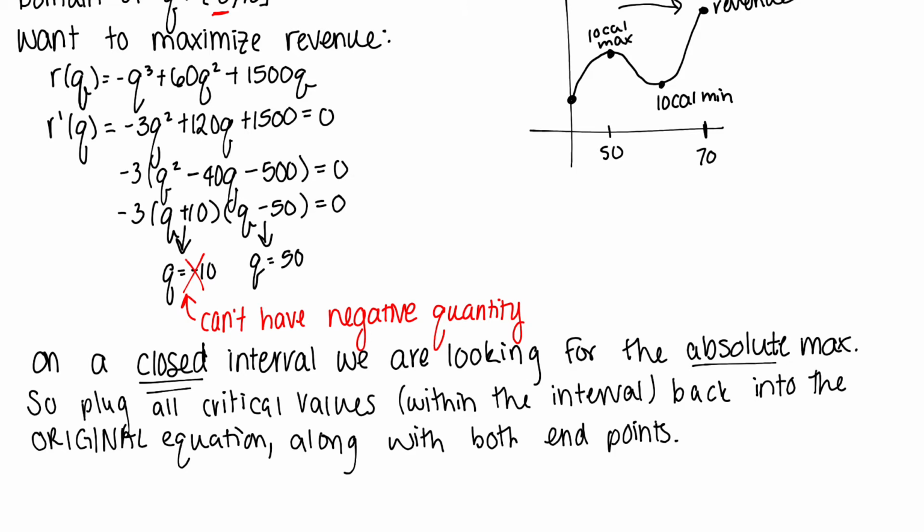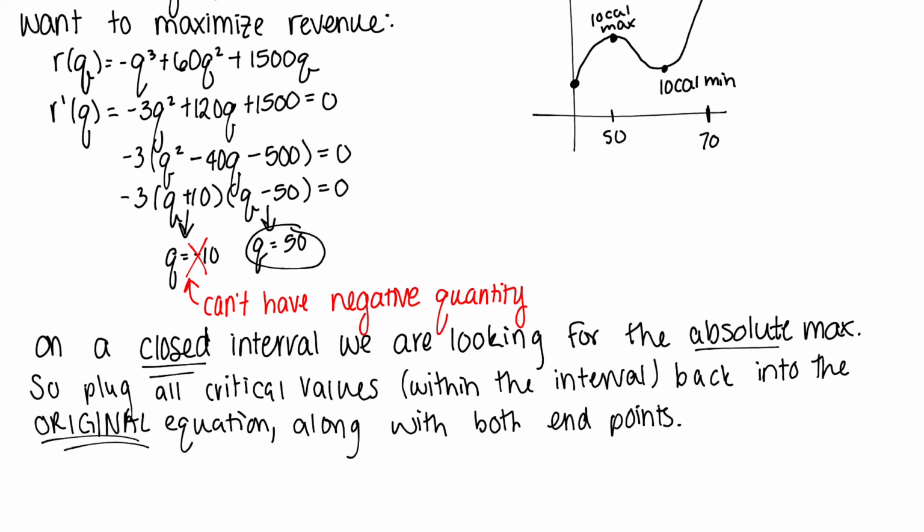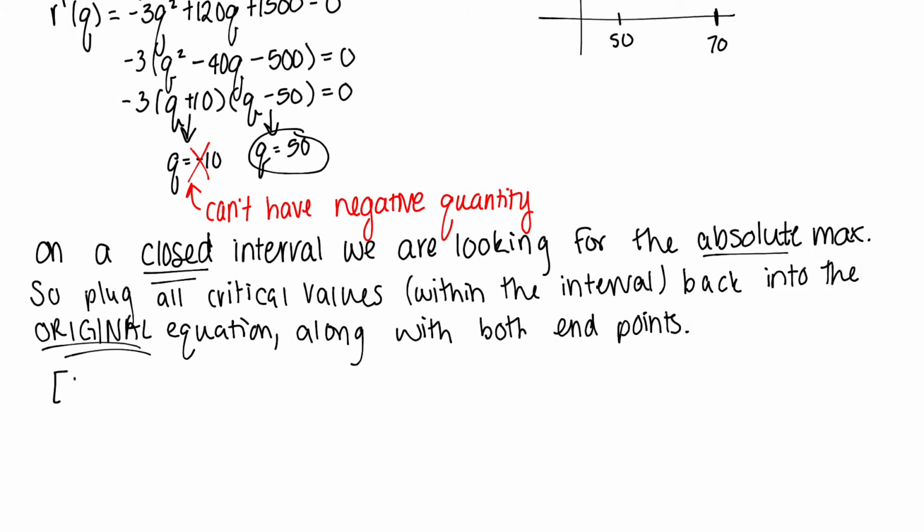So because we're on a closed interval, we're looking for the absolute max. Which means we need to plug all critical values that are within the interval, so 50 was the only one, back into the original equation. And that's the original, not the derivative, along with both endpoints of the interval. So we were on the interval 0 to 70. The critical value we found that fit within our range was 50. So we need to check 0, 70, and 50